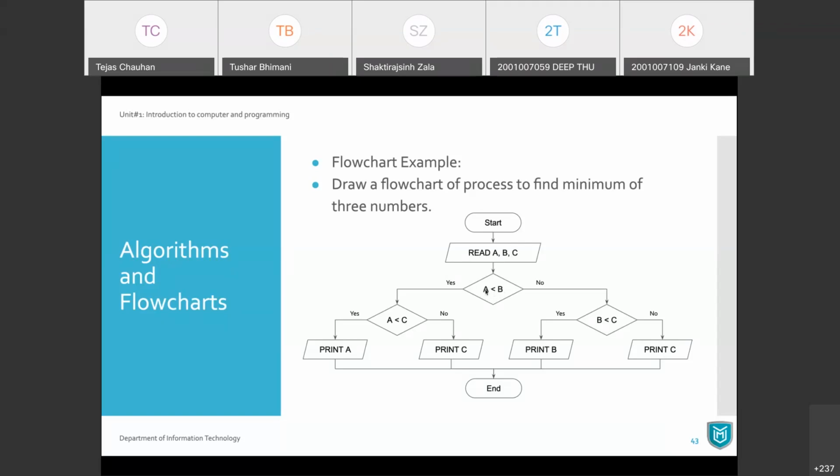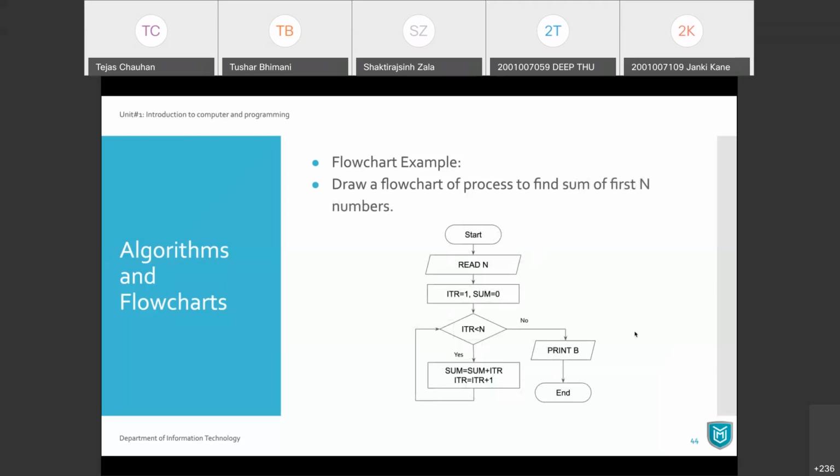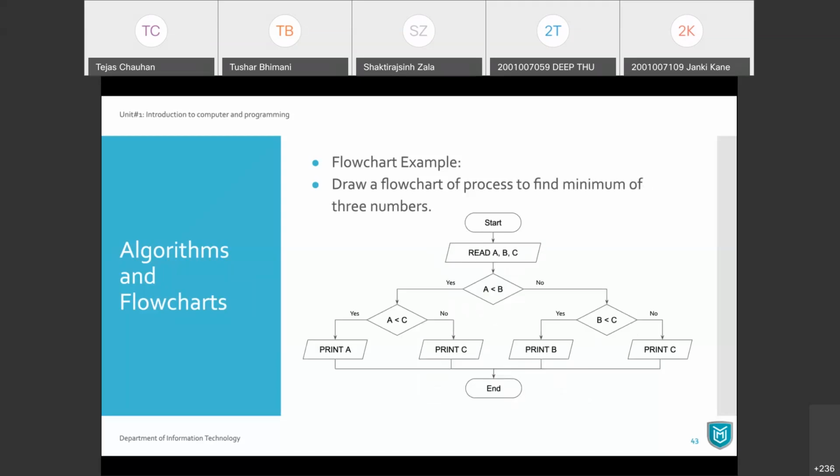From this condition, you will know either A is minimum or B is minimum from these two numbers. So if A is less than B, A is minimum, you go to the yes part and perform the rest of the process. Well, if A is not less than B, then B will be minimum. You go to the no path and perform the rest of your process there. Okay. So that's the conditional flow.